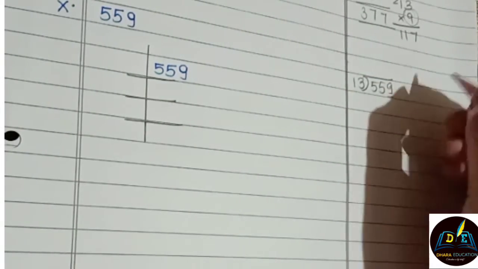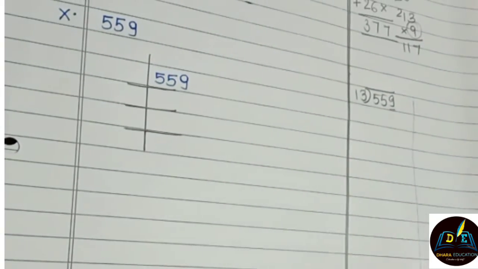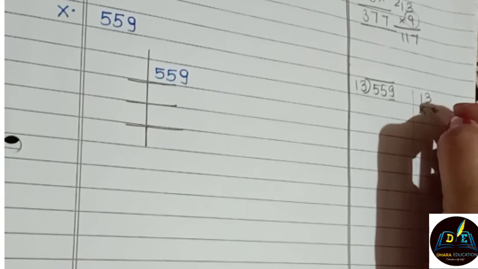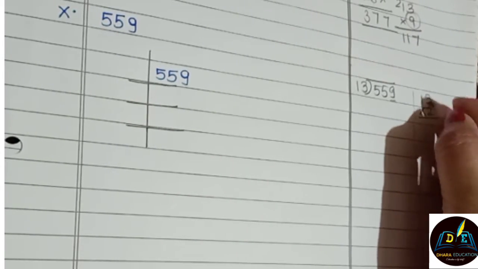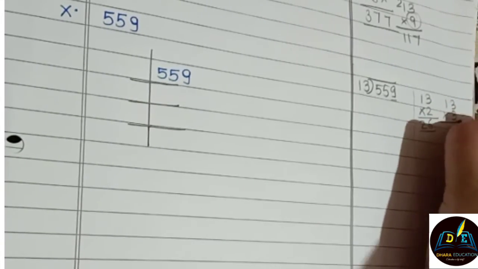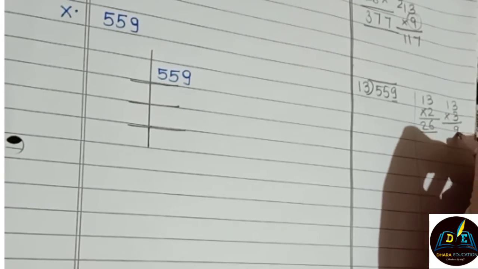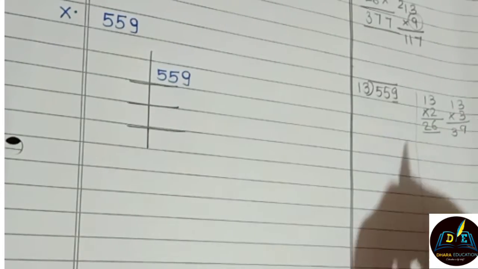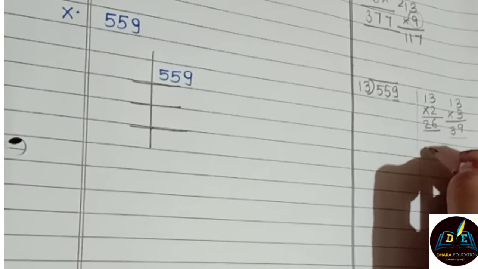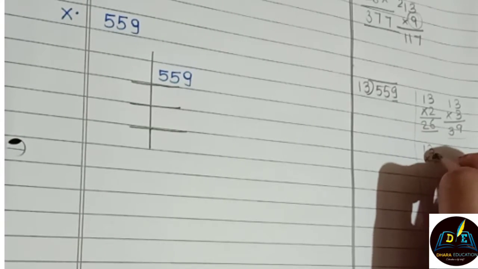Okay. So here we will draw one line. Yes. Here we will find 13 2s are 26. Okay, fine. So this will not come. 13 3s are 3 3s are 9, 3 1s are 3. So 39 is also very less as compared to 55. So we will do it like this and we will keep it in our mind.